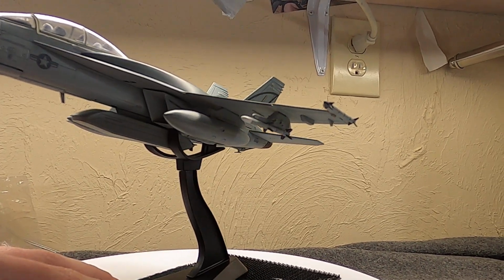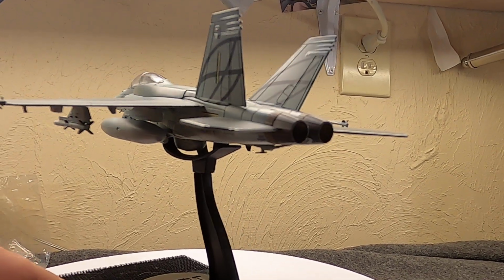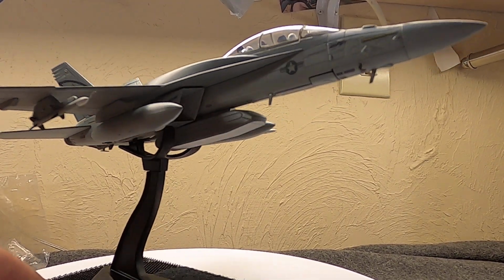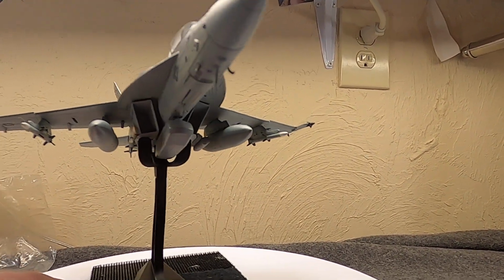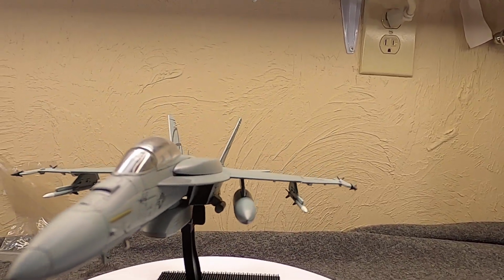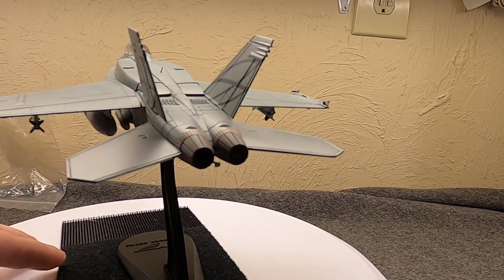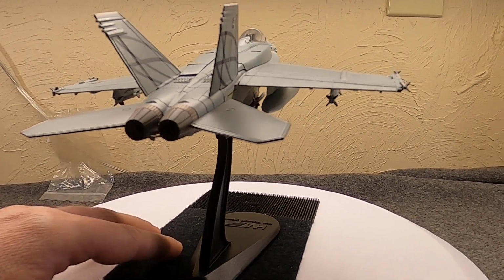We have it here with a couple of Sidewinders for short range defense, and we have 3 AIM-120s for medium range. And we have one pod hanging out down there, and a couple of fuel tanks. In fact, with the conformal tanks and the tanks below, this one would have a pretty good long range for naval flight. And again, we have more thrust coming out of these uprated engines here